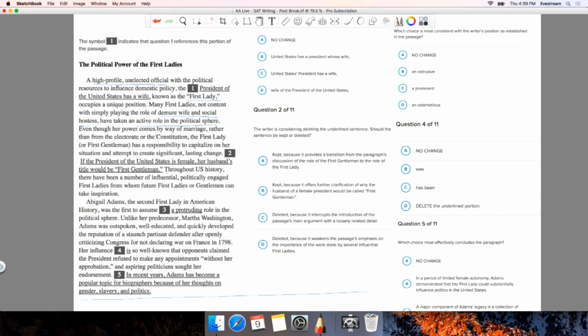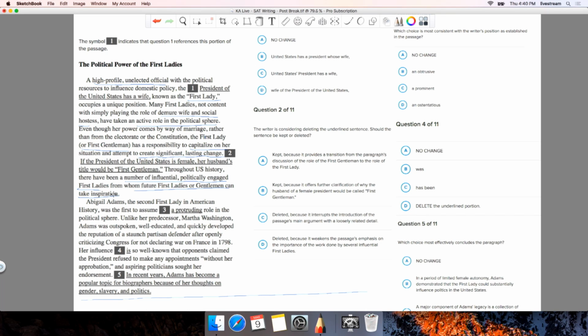Even though her power comes by way of marriage rather than from the electorate or the Constitution, the First Lady or First Gentleman has a responsibility to capitalize on her situation in an attempt to create significant, lasting change. If the President of the United States is female, her husband's title would be First Gentleman. throughout U.S. history, there have been a number of influential, politically engaged first ladies from whom future first ladies or